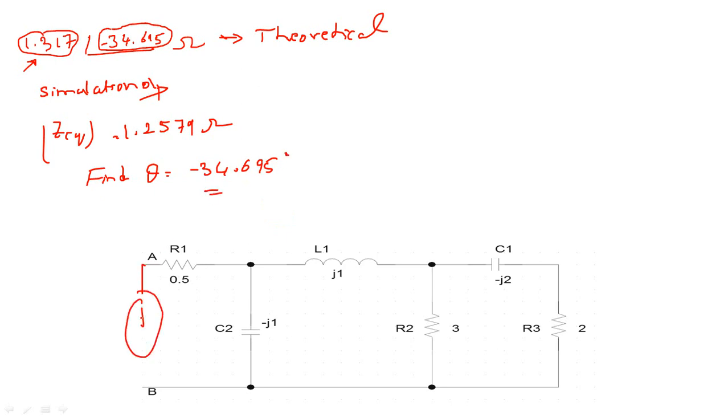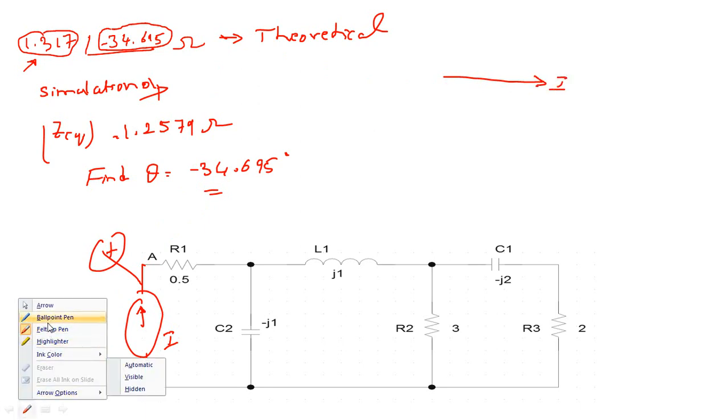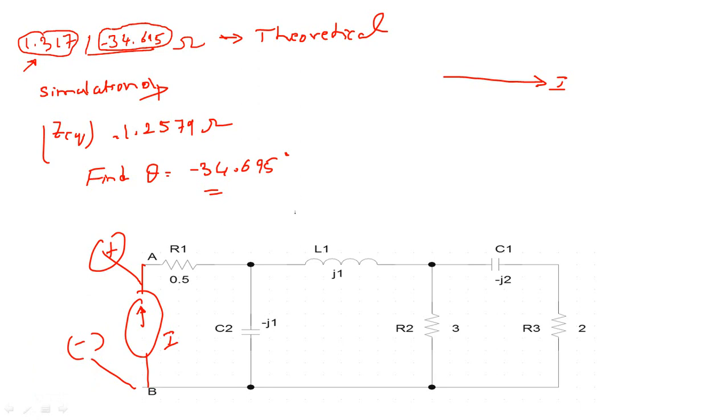Now what you have to remember is what we have kept as input. We have kept our input as current, and what are we finding? We are finding voltage as plus at the top and negative at the bottom. Now that means I am taking current, I repeat, I am taking current as reference, and let me take a different color to represent voltage. And voltage, what is the angle for voltage? It is coming down, and this angle is minus 34.695, right? So you can see with respect to current, voltage is lagging.